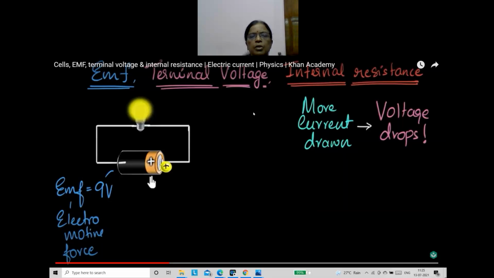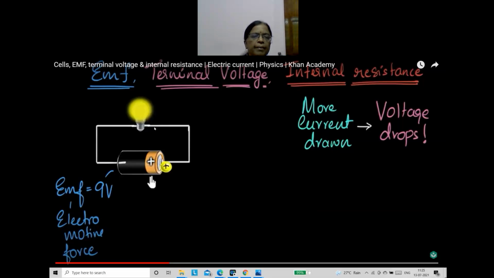Okay, so what is internal resistance then? It is the resistance offered by the electrolyte and electrodes to the motion of charges through the cell. It depends upon the distance between the electrodes, the area of the electrode, and the concentration of the electrolyte. All such factors matter. Internal resistance, that you will study in detail. Internal resistance of a cell.